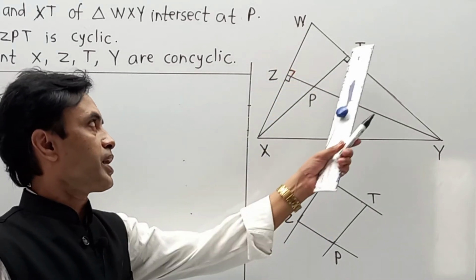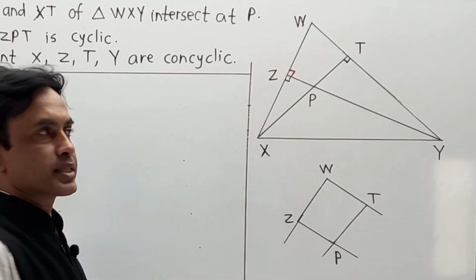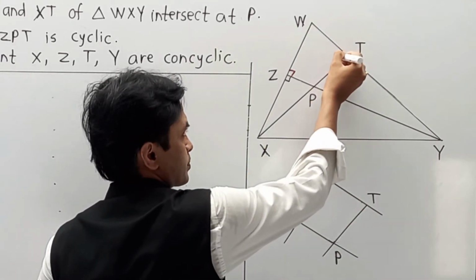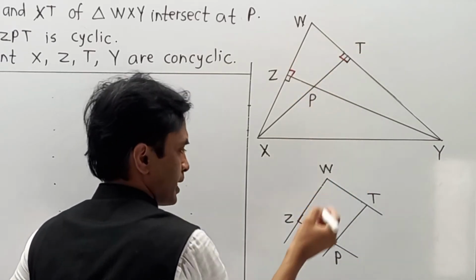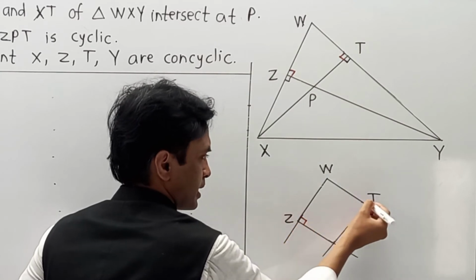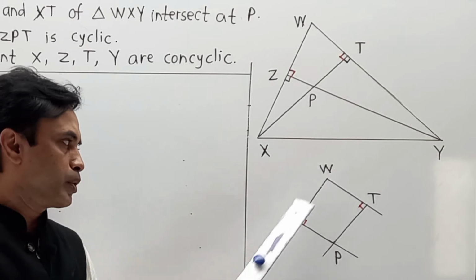Similarly, if XT is perpendicular to WY, the first angle is 90, and its adjacent angle is also 90. Now I am going to mark the same at Z and T. Here Z is 90 and here T is 90. If you observe this quadrilateral